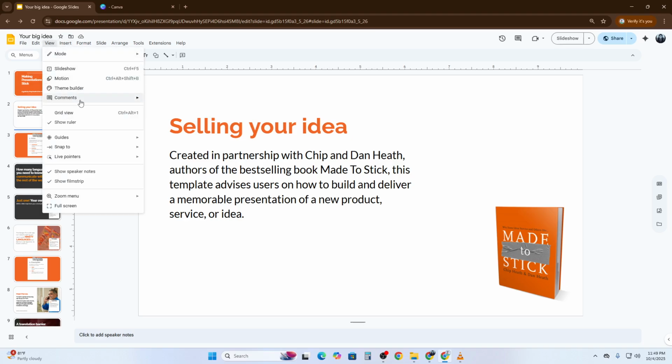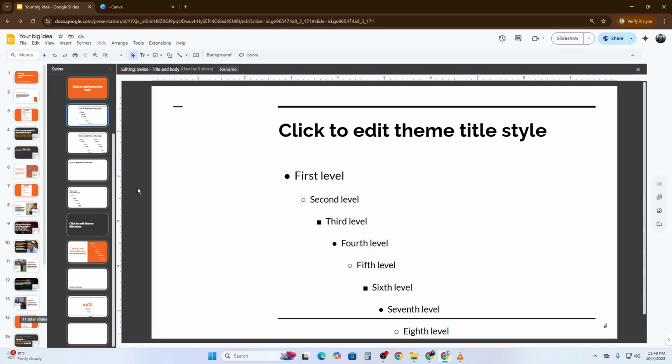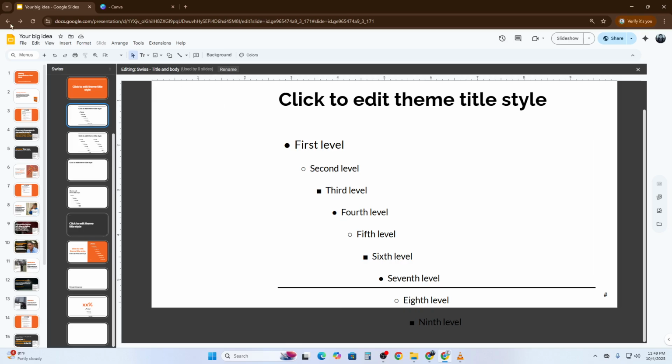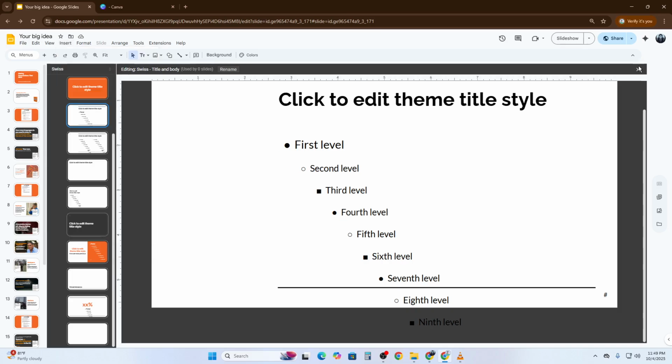Next, click on the existing footer placeholder, or if there isn't one, add a new text placeholder using the insert menu. Once it's there, type in your custom text. This could be your company name, a date, or a catchy tagline. The toolbar gives you full control to adjust the font, size, color, and style so your footer matches the look